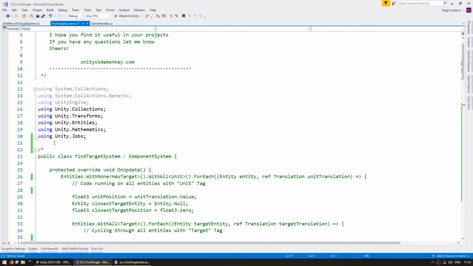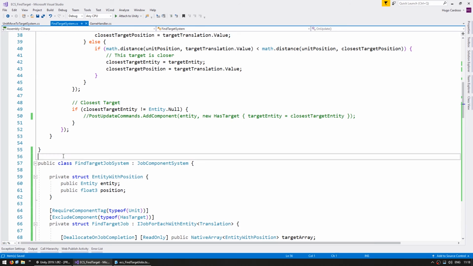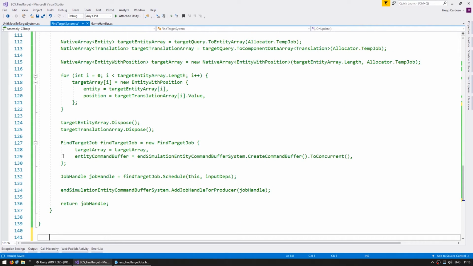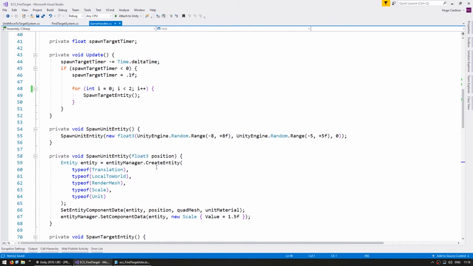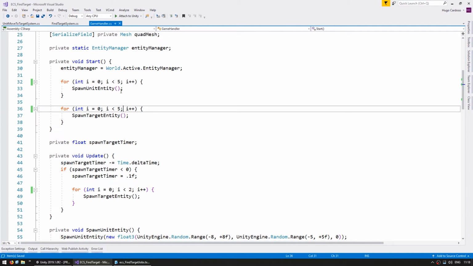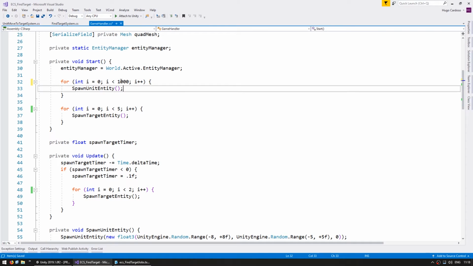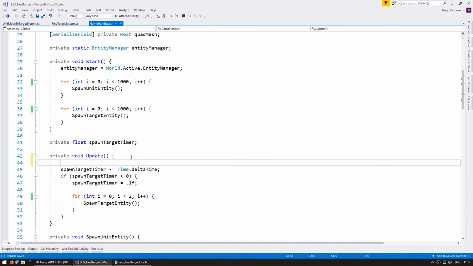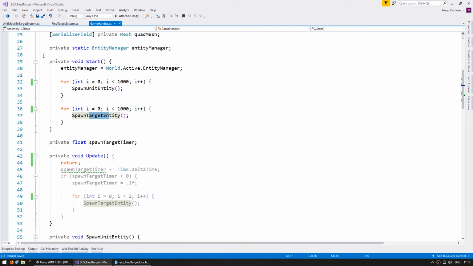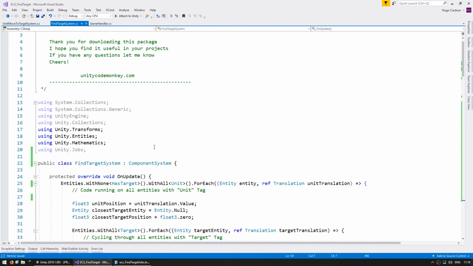So let's instead use the component system and comment out the job component system. Let's see how long the normal component system takes. And in here, instead of just 5 targets, let's spawn 1,000 units and 1,000 targets. And we stop spawning. Okay. So we have a nice test with 1,000 units looking for 1,000 targets, and it's currently running on a normal